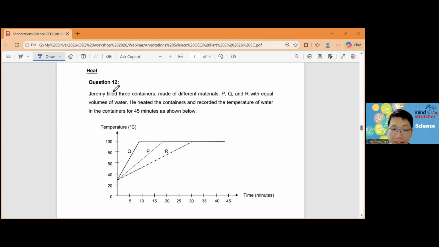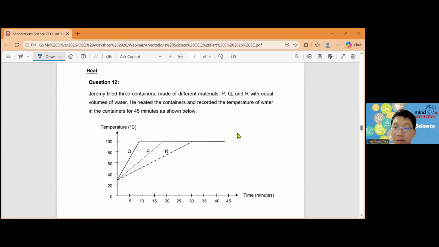Just now I said electricity they can test up to 10 marks, but who knows, this year they come out only 5 marks. I mean there's no guarantee, right? They can test little, they can test a lot. It changes every year. Now heat can be considered quite a tough topic, even though you all learn it in P4. But even some students at P6 fail to be able to answer them accurately.